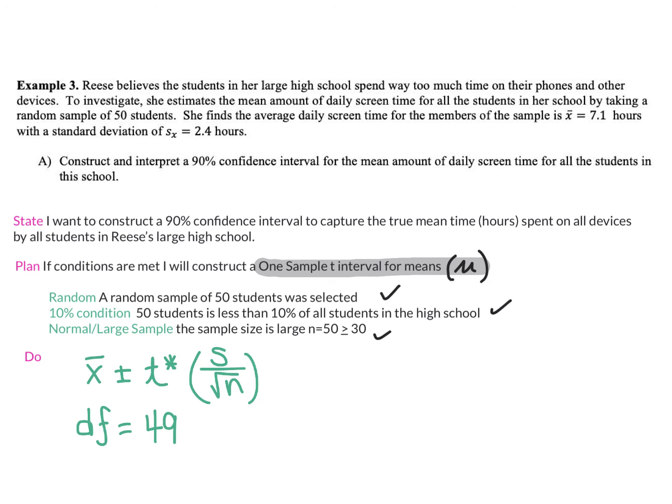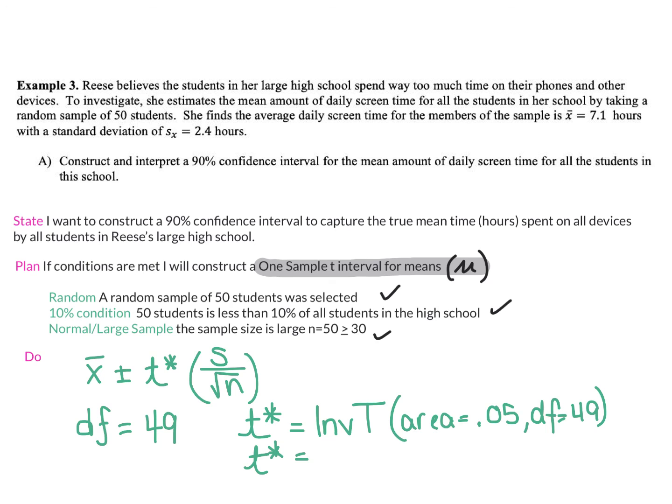I'm going to need my t star value. So you're either going to use table B, but however, I think most of you are probably going to be using your technology. So we're going to write inverse t. It's important that you label what these things are. So if it's a 90% confidence interval, again, that's 10% left out, so that's 5% on either tail. So I want the 0.05 tail. This will give me the left one, and my degrees of freedom of 49. So my t star by my calculator is